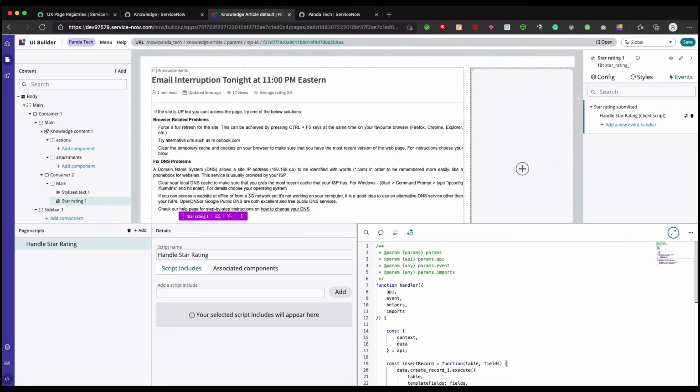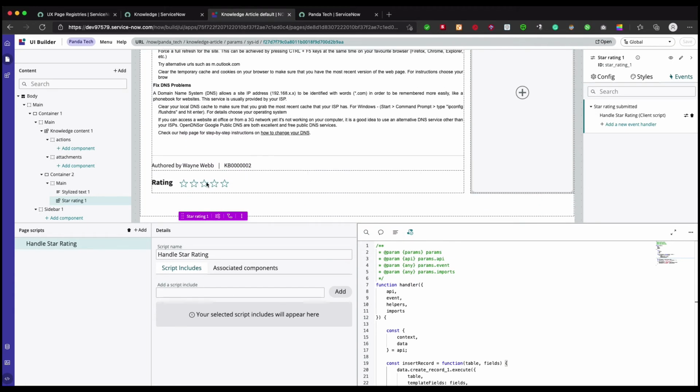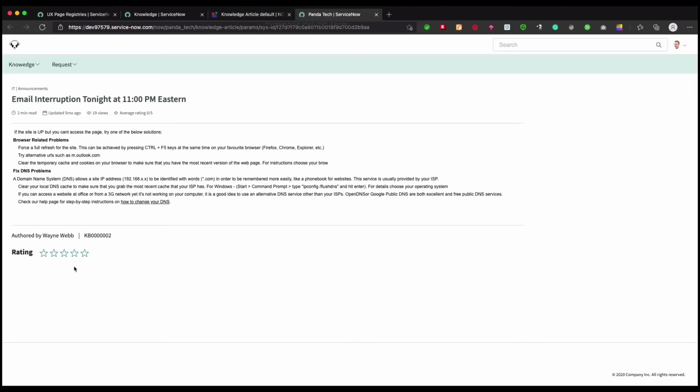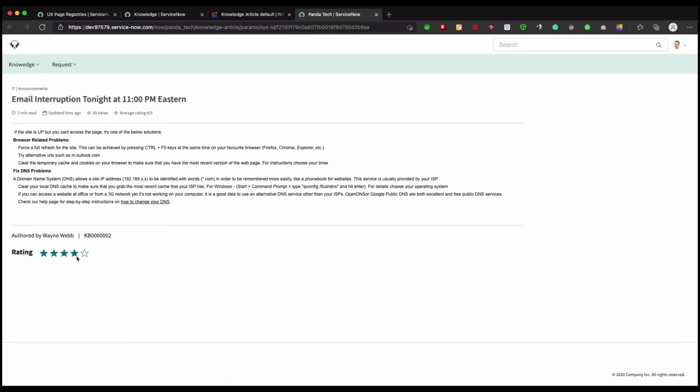So it is done. Let me save it. And now it should be working. Right now we have still not hooked it up for the page load event. So once you save it, and if you refresh the page, I'll show you. Okay, it's saved now. If you refresh it, it will still not show you. Yep, because we still need to do one more thing to have it updated on the page load.